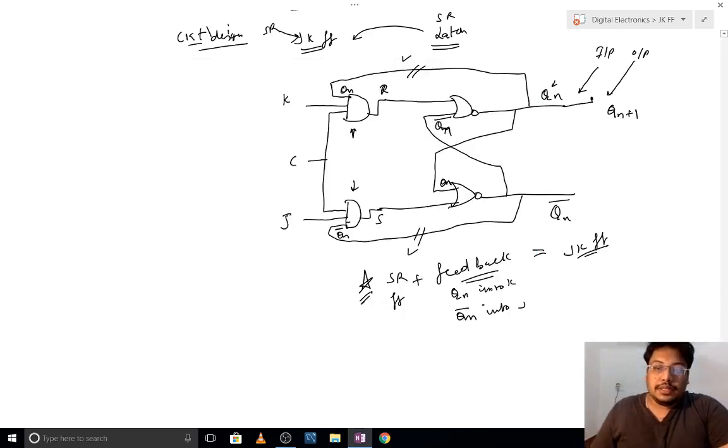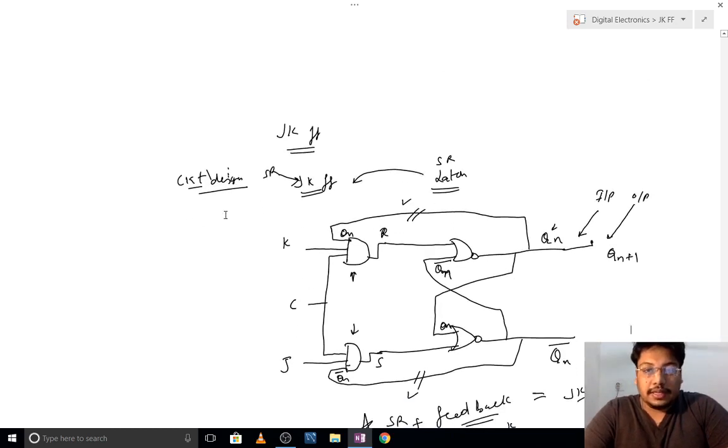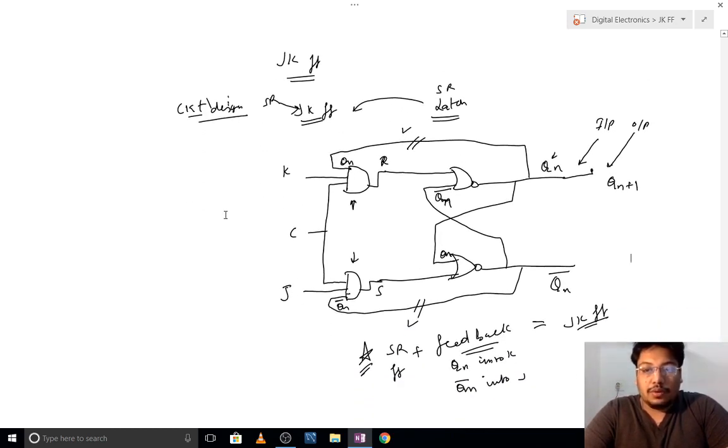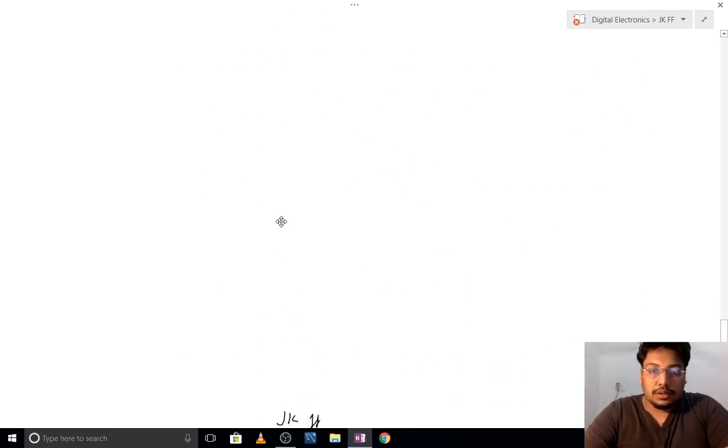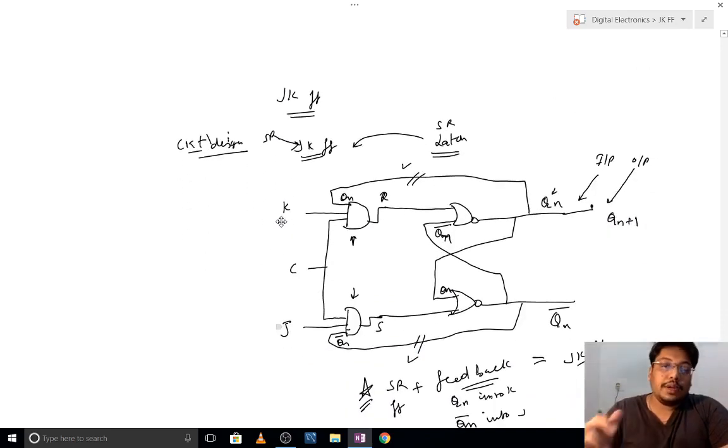Now guys, in the last video we saw the circuit design diagram of the JK flip-flop. Now we will be checking out the truth table as well as the functional table in this video. Okay, moving on, let me have a truth table first. So in the truth table, how many inputs and how many outputs will be there?